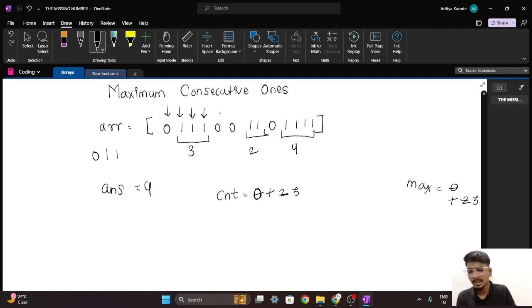Now the next element is 0, so we'll update our count as 0, and there is no need to update our max, so we'll move to the next element. Our next element is a 0, so there is no need to update the counter, so we'll move to the next element. The next element is 1, so we'll update our counter as 1, and we'll check if my count is greater than max. In this case it is not, so there is no need to update max, so we'll move to the next